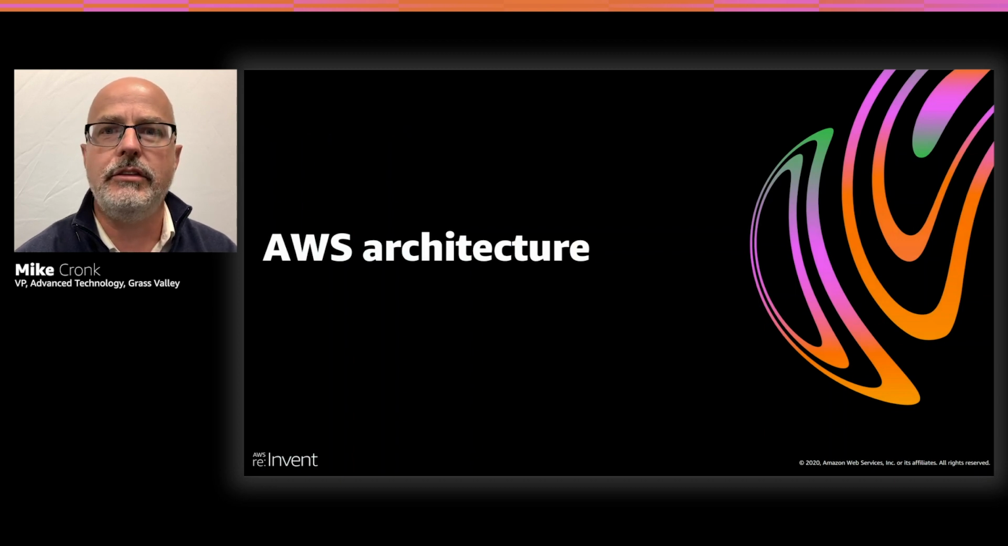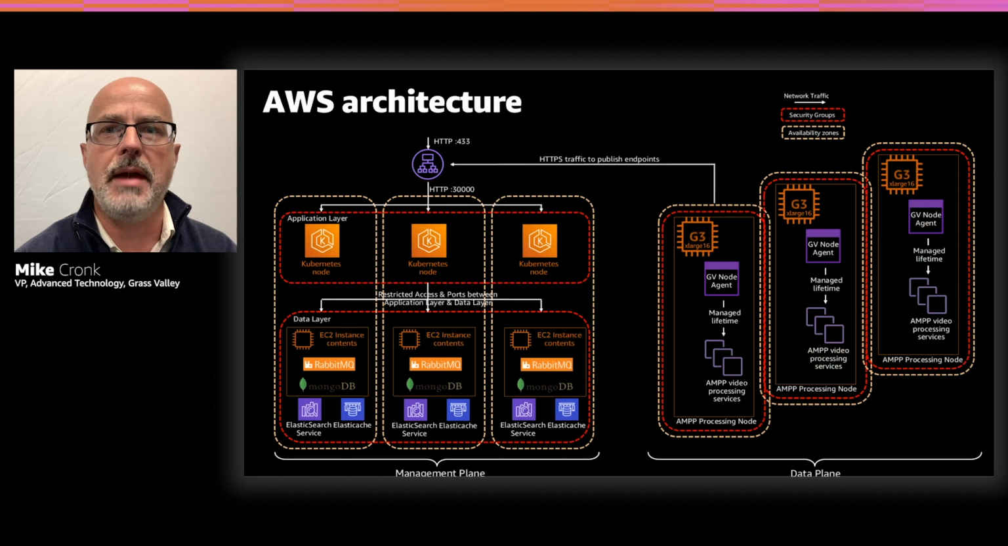Well, AMP has two fundamental architectural planes, a management or orchestration layer and then a data plane. And the management plane is hosted across three availability zones for resiliency and availability, leveraging Kubernetes, and uses some native AWS services such as Elasticsearch Service and ElastiCache. And in fact, some of the services that we run in the EC2 containers that you see in the management plane there, we are moving to AWS native services for additional scalability